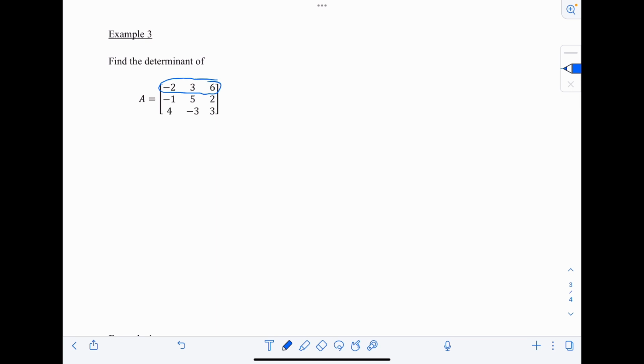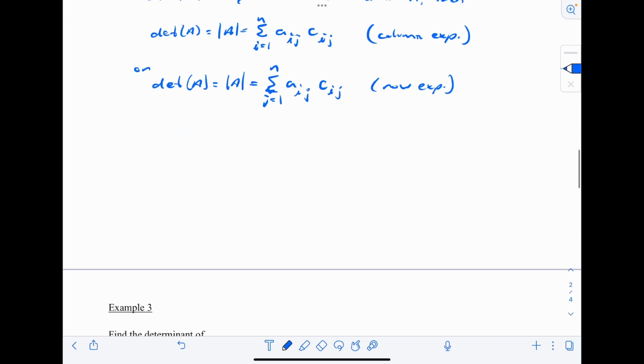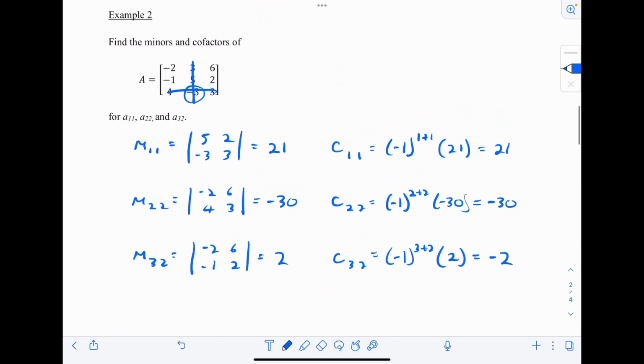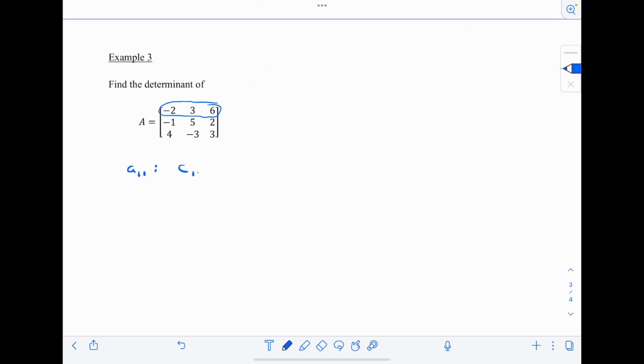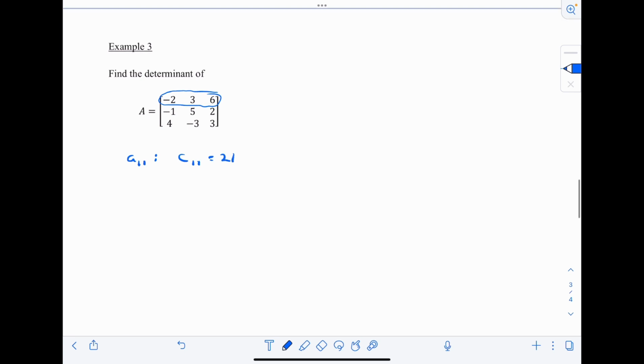But I'll just use the first row here, which means we need to find the cofactors for each of those entries, and then multiply those cofactors by the value of the entry. Okay. So for a11, we're going to start by finding the minor and then use the minor to get the cofactor. Now we've actually already done that up here, because this is the same matrix that we're using in this example. So we already have the minor and the cofactor of a11. So I'm going to skip that work. We're just going to say that the cofactor is 21. But let's go ahead now. And so for a12, excuse me,